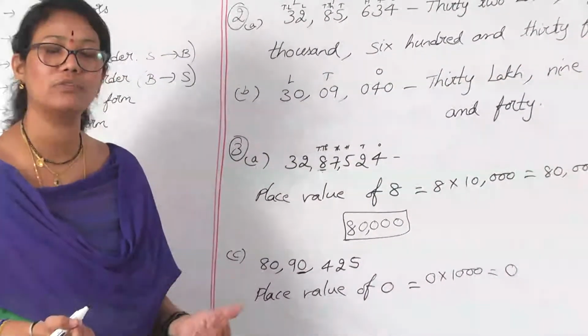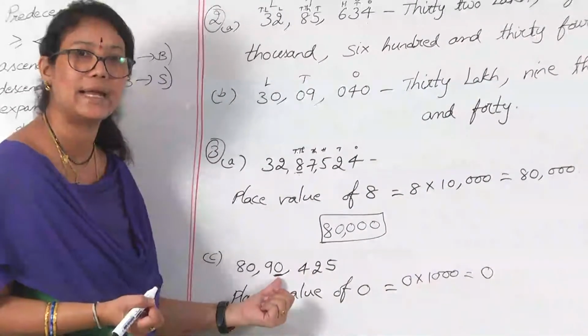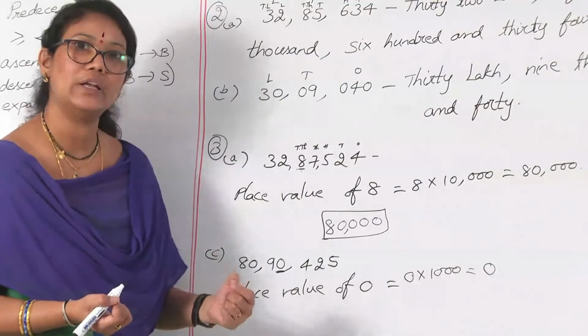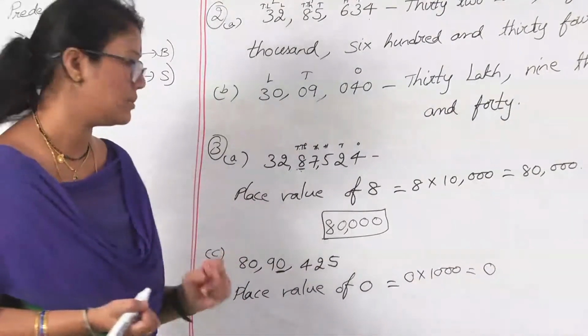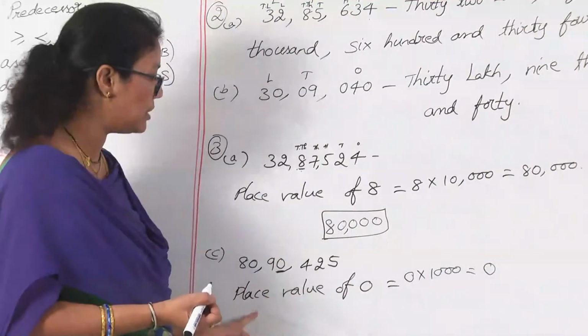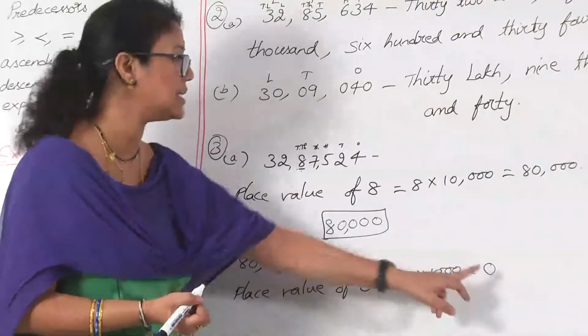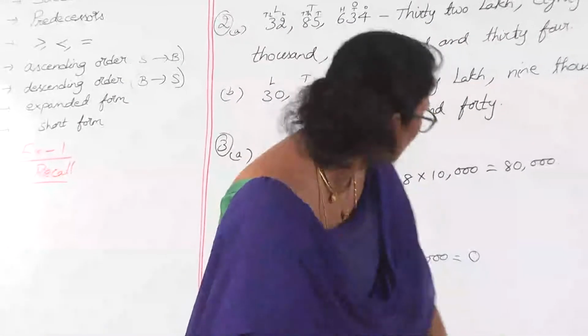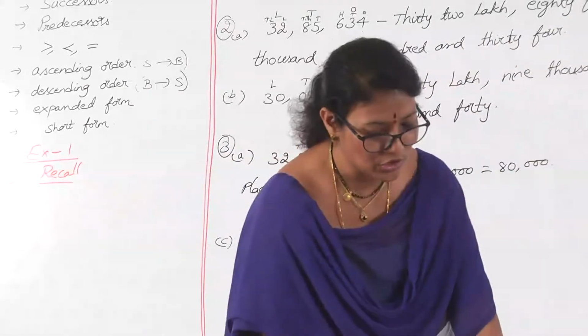The place value of 0, wherever its place is, might be in thousands place or lakhs place or anywhere, will be 0. So, directly we can say if the place value of 0 is asked, simply we can say the place value of 0 is 0 without multiplying with 10,000 or its place value. Then moving on to the next bit,